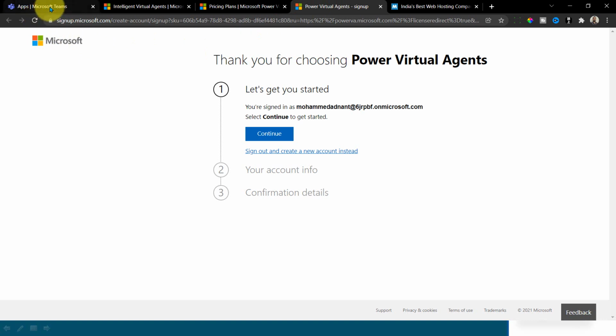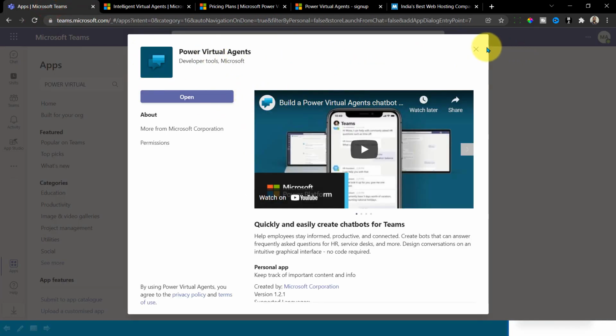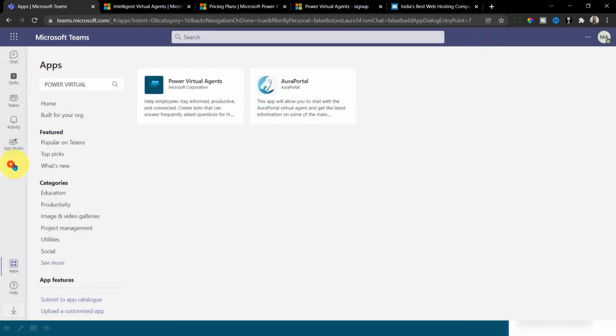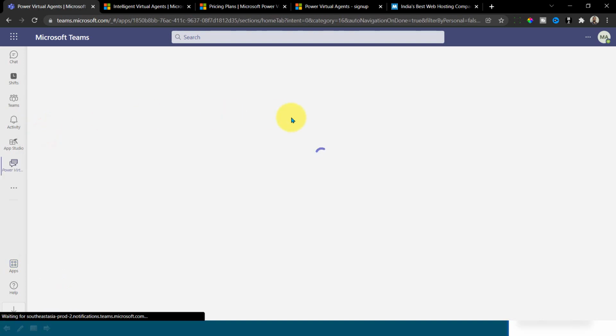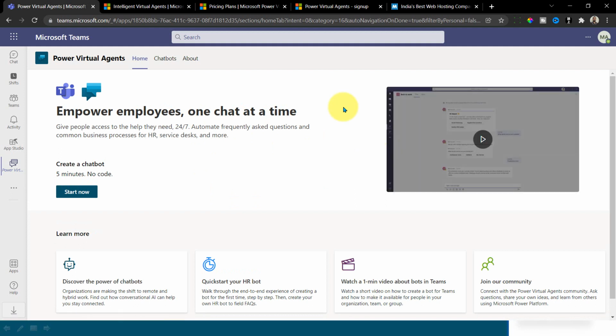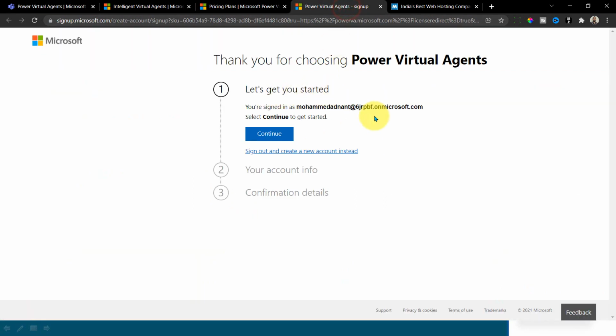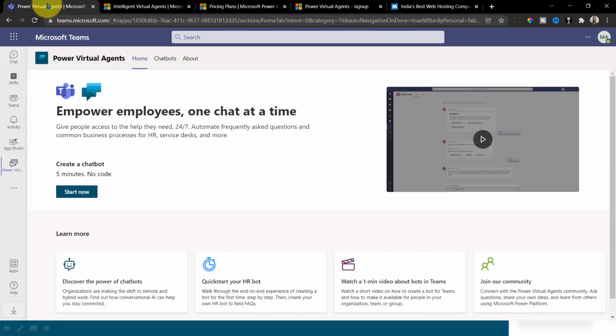Now, if I go to the apps here in Teams itself, I need to click on Power Virtual Agent in the more apps, or if I opened it recently, I can also find it here. So I'm clicking here on Power Virtual Agent, the one showing up inside Teams. When it comes to browser access, there is not much difference between the two. Whatever I show here is available on the web too, so both are similar. I'm going to do the demo entirely in Teams itself.